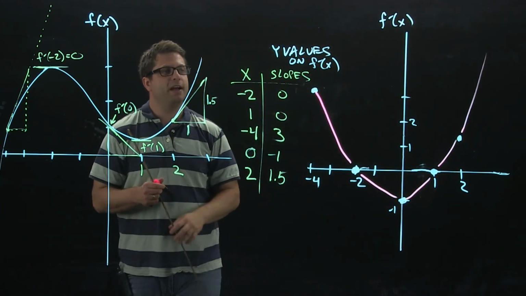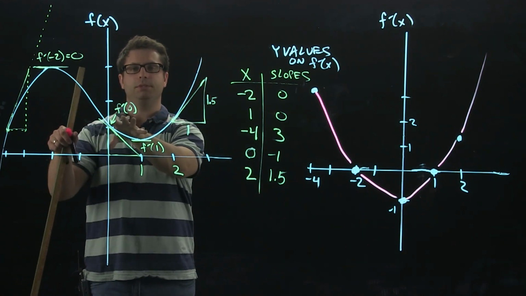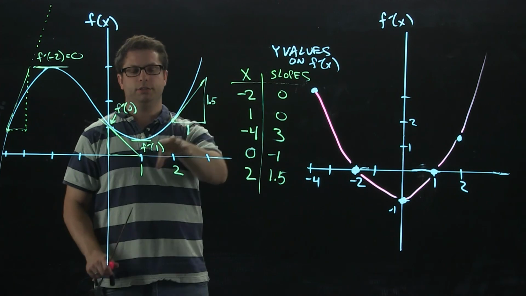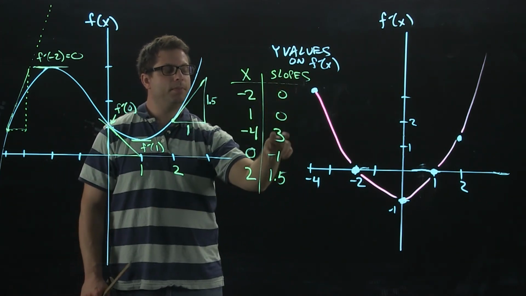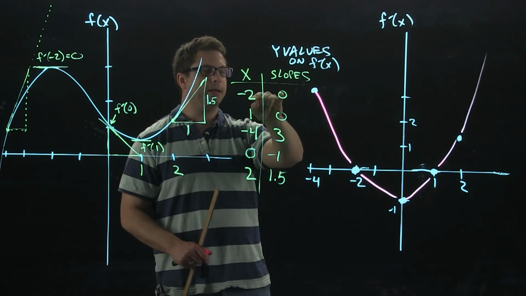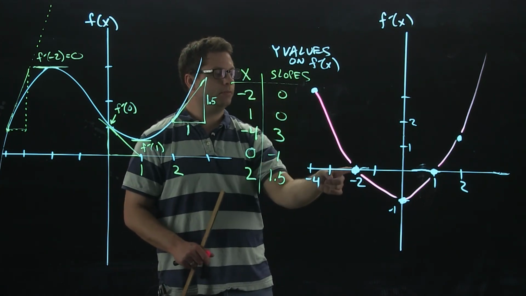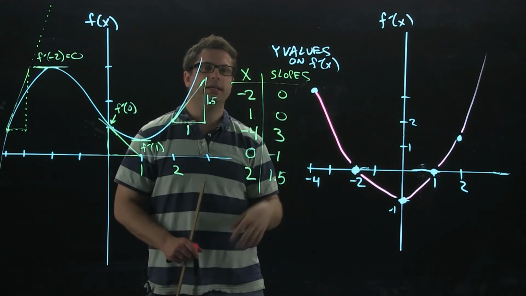And there you go. That's the graph of f prime. To recap, you find the slopes on f of x. So pick different x values, write their slopes down on a little t-table, and then from there, these are now the coordinates on f prime. Like I said, negative 2, 0, which I plotted, 1, 0, plotted, and then finally